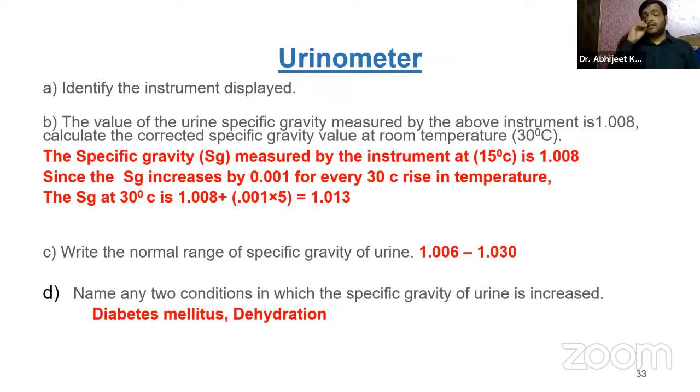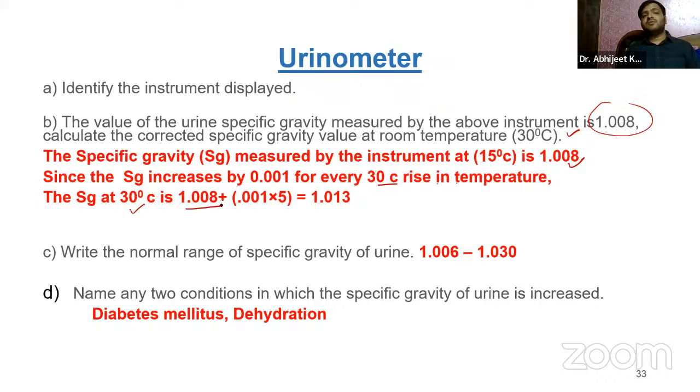Urinometer, firstly, you have to identify the urinometer. The value of the urine specific gravity measured by the above instrument is 1.008. Calculate the correct specific gravity value at room temperature, that is 30 degrees Celsius. So specific gravity is given. Since the specific gravity increases by 0.001 for every 3-degree rise in temperature,